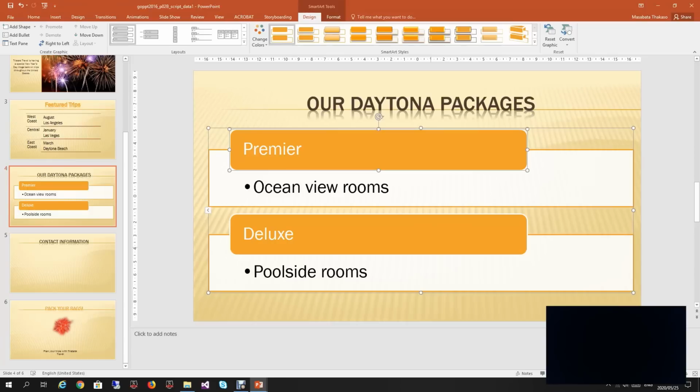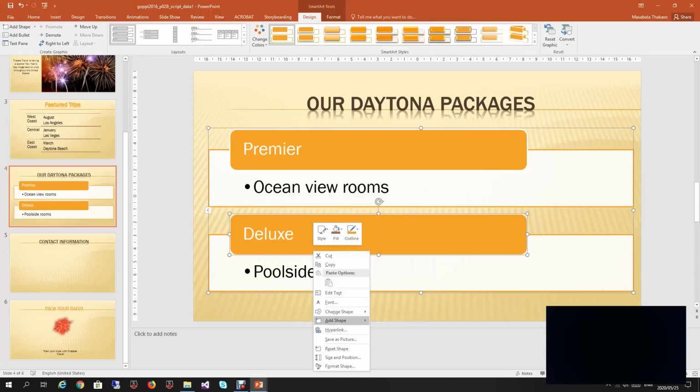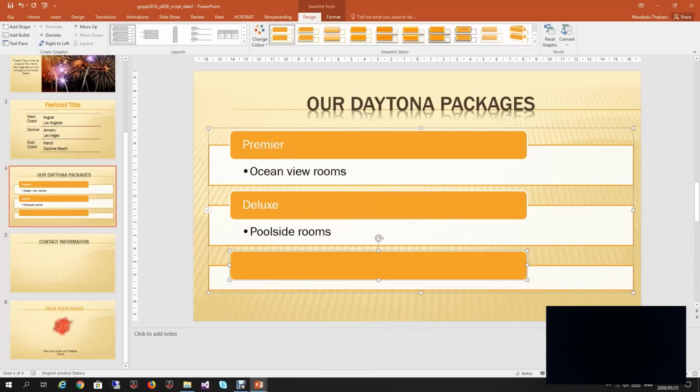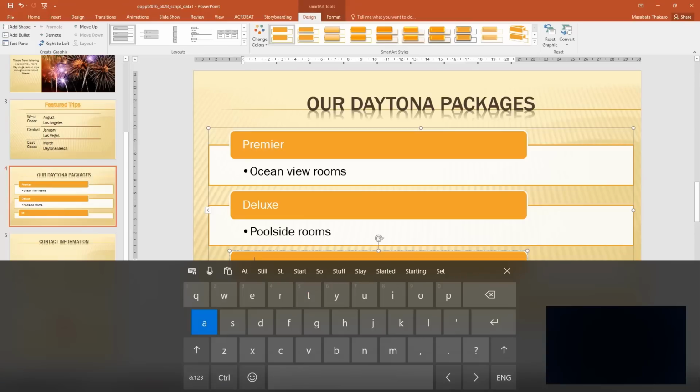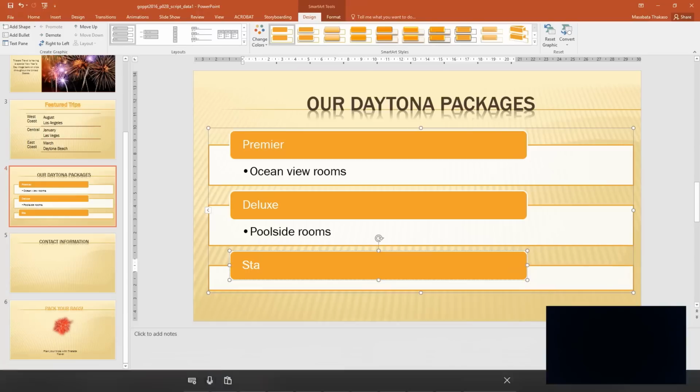So we have Premier, we have Deluxe rooms, and then we can also add a 3rd bullet from this one. So I'll just go there on the 2nd bullet, right click on it and say add shape after. So we will have a 3rd bullet there. And then let's say we also want to talk about the standard rooms. I don't like the screen, okay? The on-screen keyboard. Can't even see what I'm typing. You see, standard,